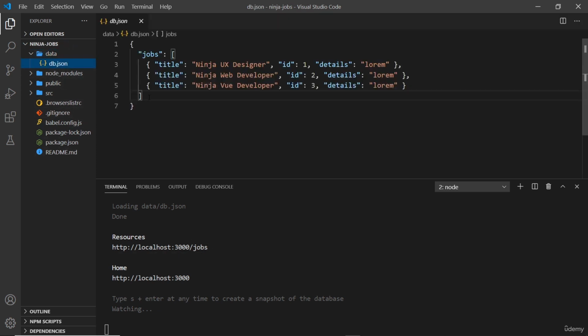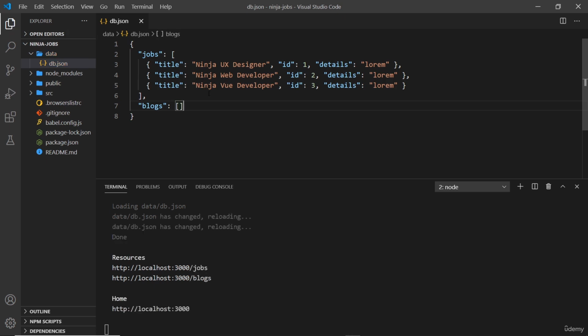I'm going to go to db.json and add in another resource again. So let me just say blogs, and that is going to be an empty array. Save that, and now we can see we have two different resources down here. So JSON server was watching this file for changes, it's noticed another resource, and it's given us an endpoint for that as well. We don't need it, so I'm just going to remove it again, and we're just going to